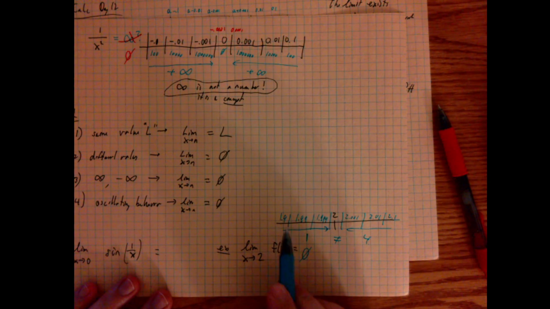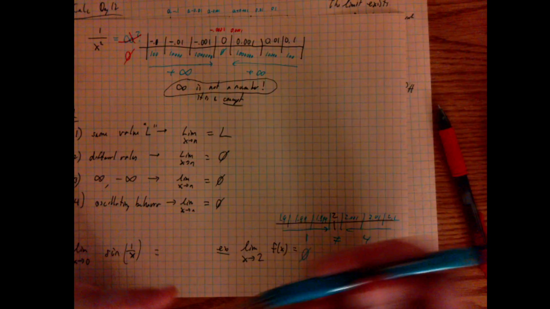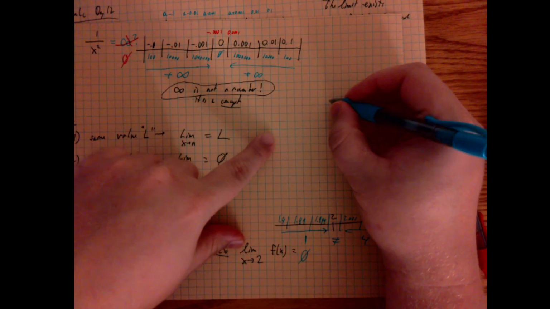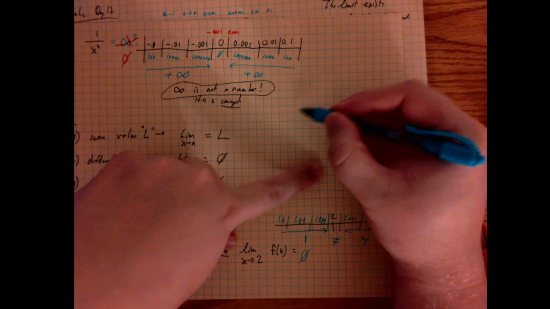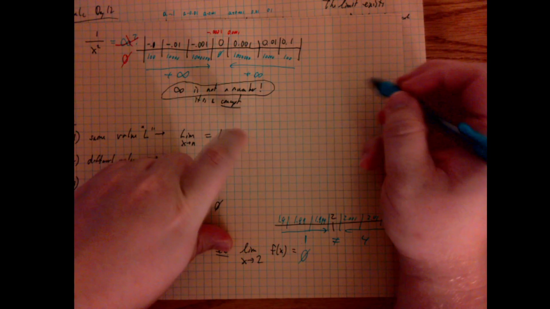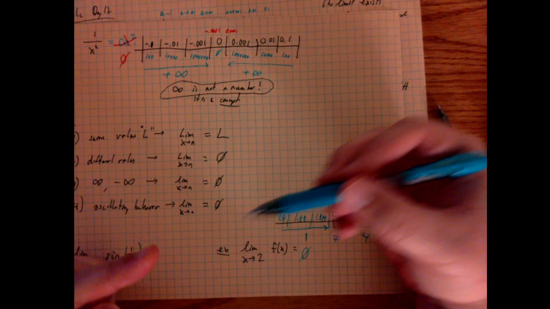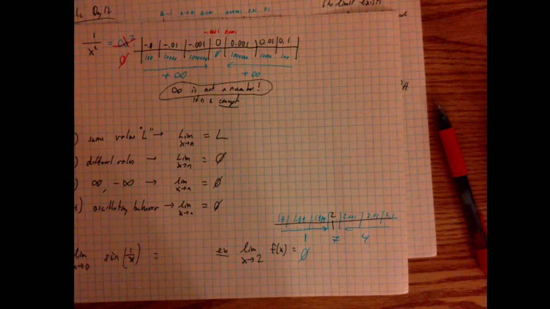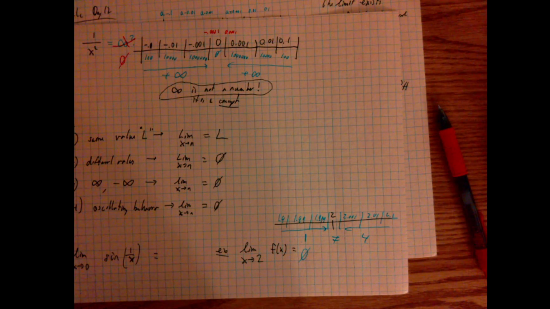I can either find that by plugging into the function, or I can just look at the picture. In other words, does my left-hand side and my right-hand side match? Do they go to the same number? Can I trace my paper and have them meet up in the middle? Not one up here and one down here. No, that limit wouldn't exist. Not going to infinity. They need to meet up at the same spot. Picture the Sistine Chapel's roof, God pointing down to man and saying, limit, boom. Okay? Now,